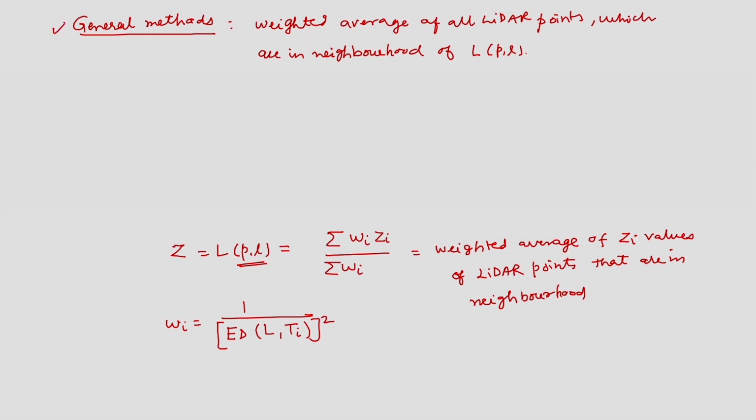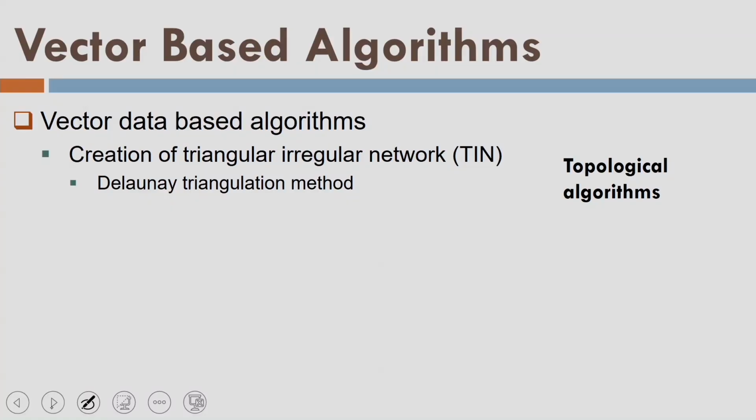So, these two methods are the raster based methods, where we have a grid and we want to fill the data on the grid. So, let us say by this method we have prepared a digital elevation model. What about the other method? The lidar data is a point data, so I can develop some vector based algorithms also. Let us talk about the vector based algorithms.